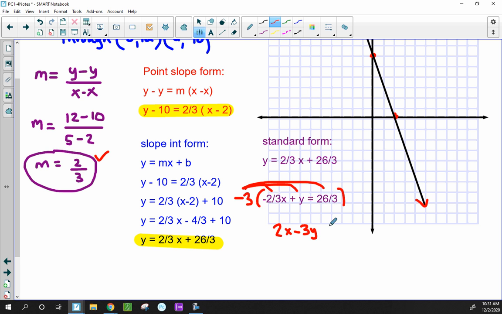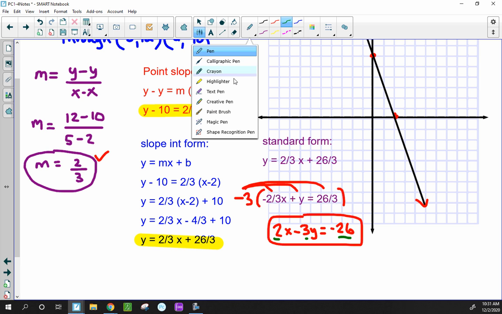And -3 times 26/3 is a -26. And so this appears to be my answer. And again, you always check the A, B, and C and make sure it's only divisible by 1. So there are my 3 solutions for